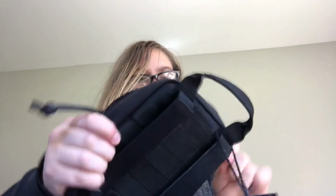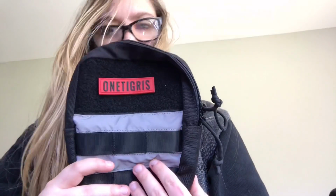And then let's take a look on the inside. So the inside of the pouch is relatively simple. It's just a bag, and then it has a little pouch right here for other smaller things if you need to store those. So for me, I think the reason that I was very excited to test this out,